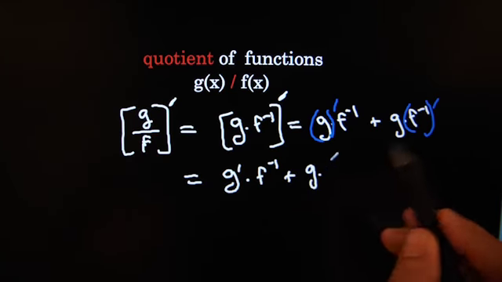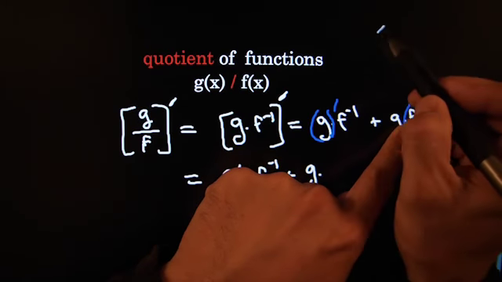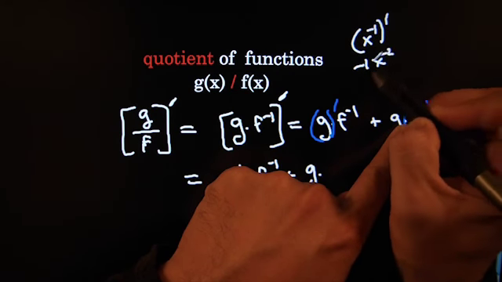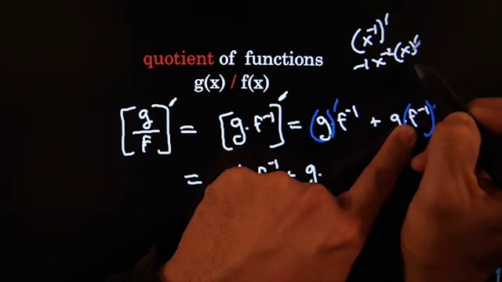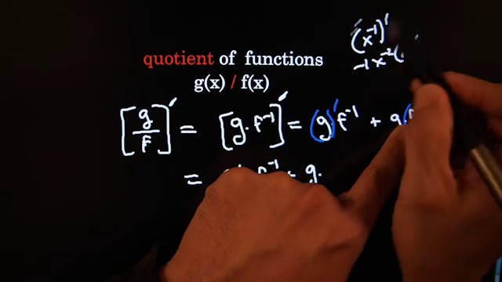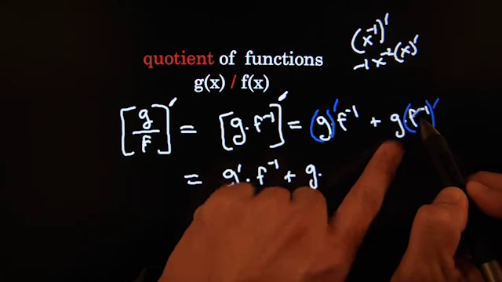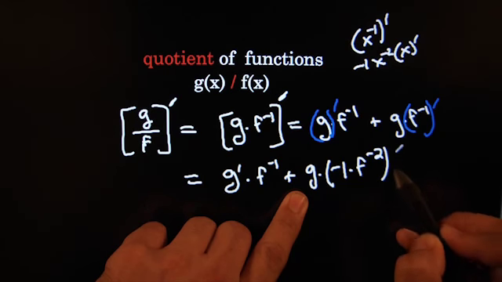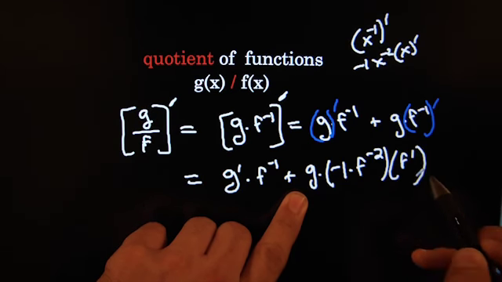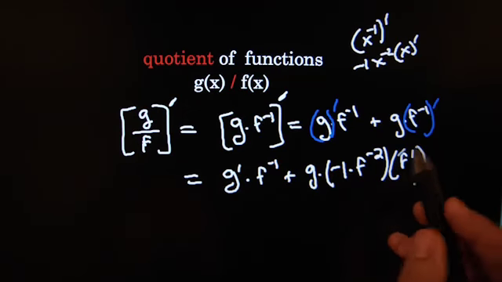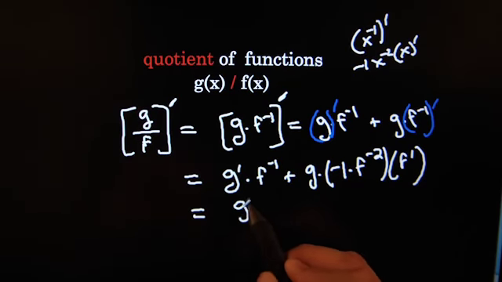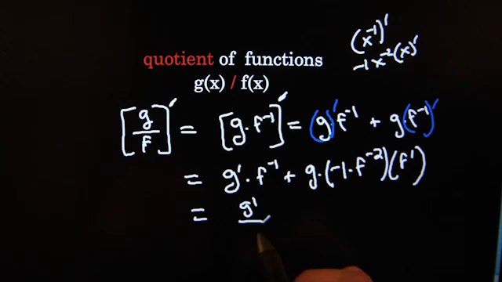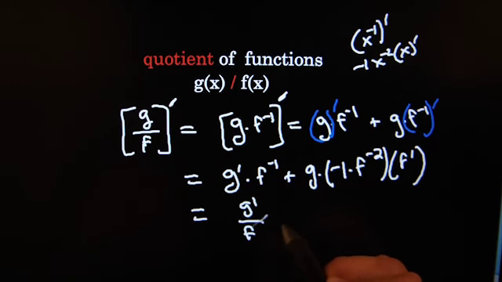Plus g. Okay, this one gets a little interesting. I have blah to the -1, and keep in mind, if I had x to the -1 and I had to take the derivative, that would be -1 x to the -2, and you might be done if it was just plain x. But if it's not, you have to do the x prime. This is the chain rule. So I'm going to do that right here on f. That would give you -1 times f to the -2 times f prime. That's no more, no less than chain rule. Giving you g prime over f. So this f to the -1 means f on the bottom, plus